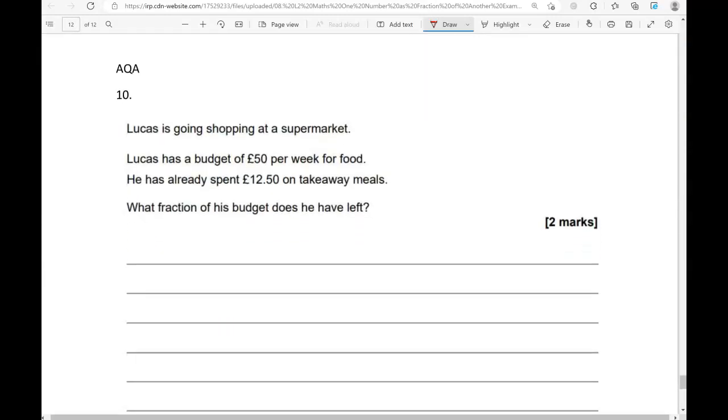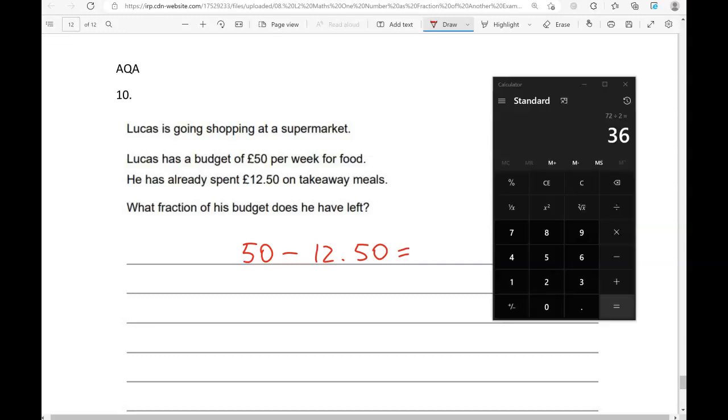Lucas is going shopping at a supermarket. Lucas has a budget of £50 per week for food. He has already spent £12.50 on takeaway meals. What fraction of his budget does he have left? So let's work out how much money he has left first. So 50 take away £12.50